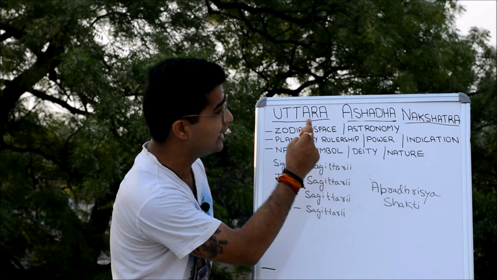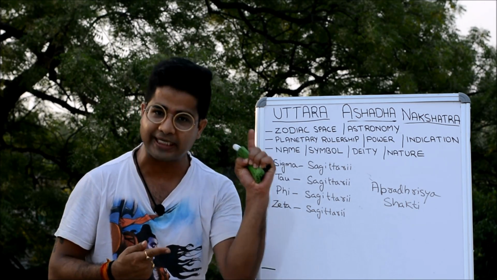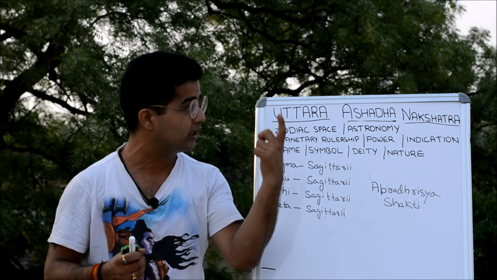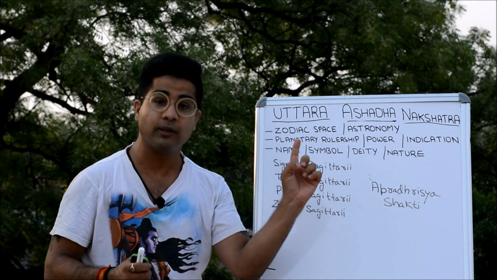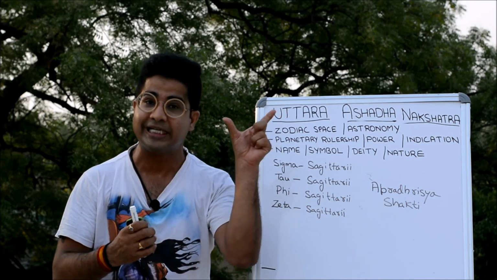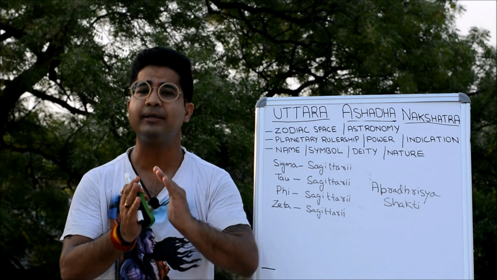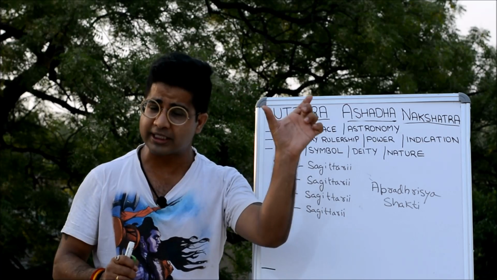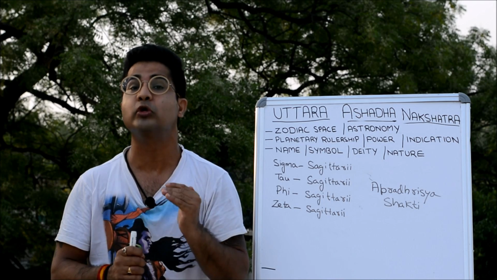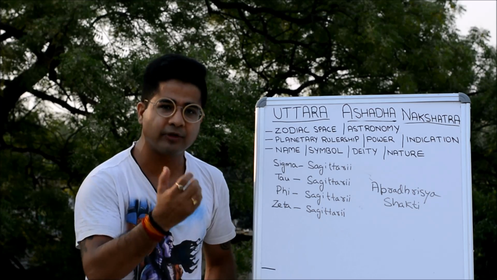When it comes to the deity associated with this nakshatra, the Vishwa Devas have been assigned as the presiding deity. And the way I always say, you get to know a lot about any nakshatra from the deity, the god presiding over that nakshatra. All you need to do is ponder and contemplate the innate nature of that particular god, that particular deity. So the Vishwa Devas can be translated as Vishwa, which can be seen as the universe or the universal, and Deva, which can be translated as the gods. So the universal gods are 10 in number, and their names can be translated as